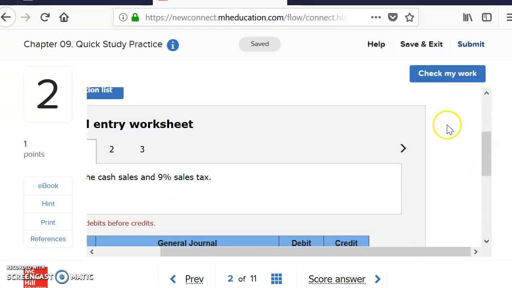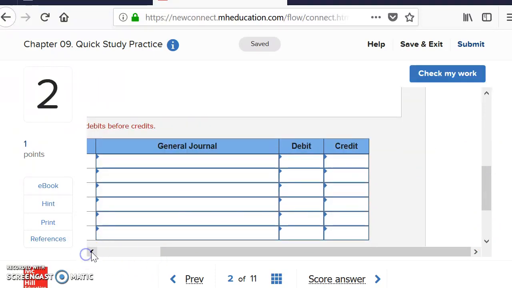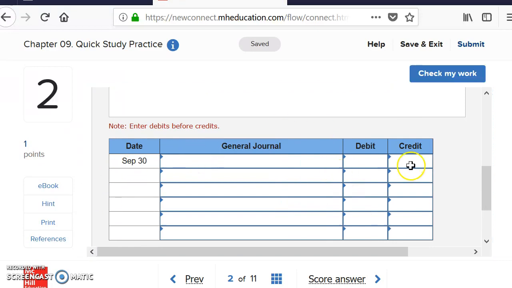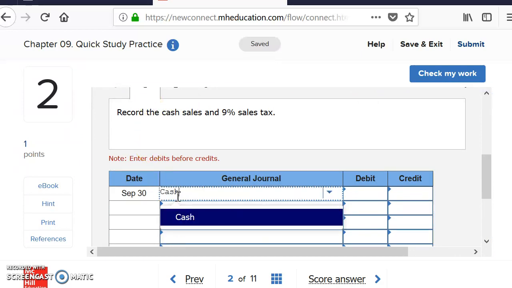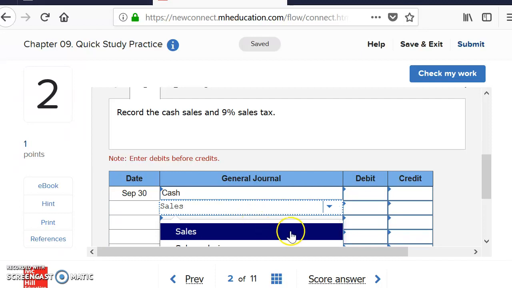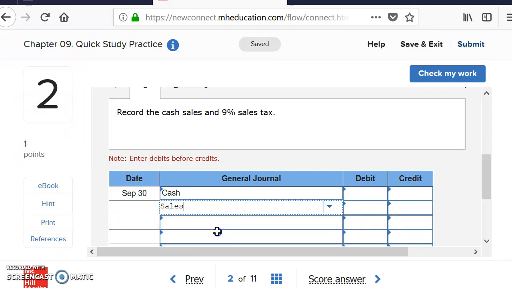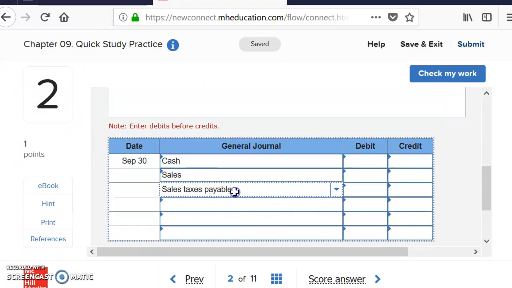Since the customer is paying cash, they're also going to have to pay the sales tax in cash as well. For the first part, we're going to enter the actual amount of cash received. So we will debit cash for the total amount. Then we will credit the amount of the sales, which looks like sales, and then we are going to credit the sales